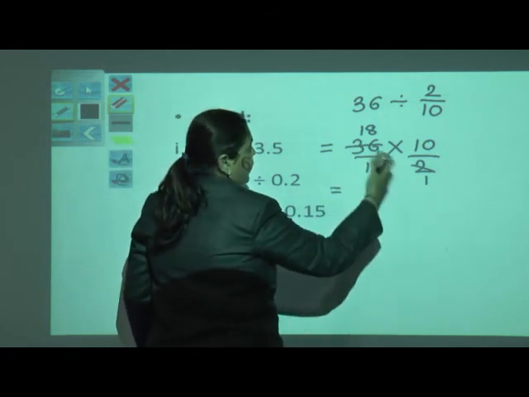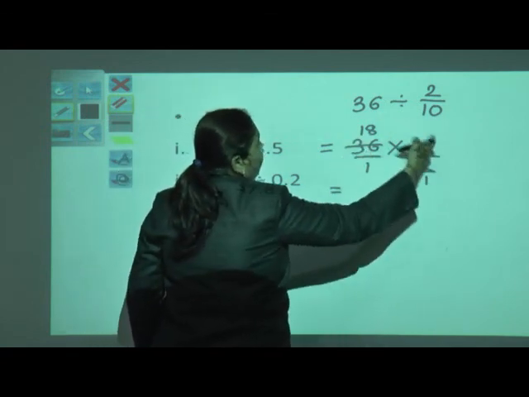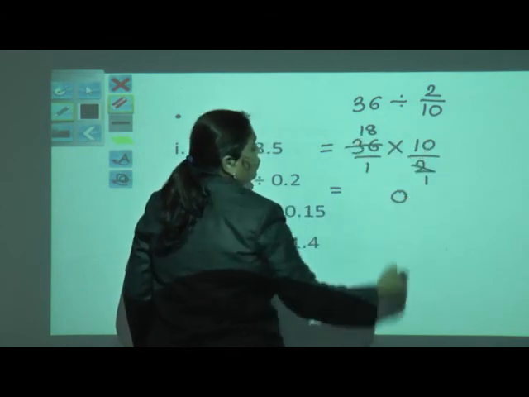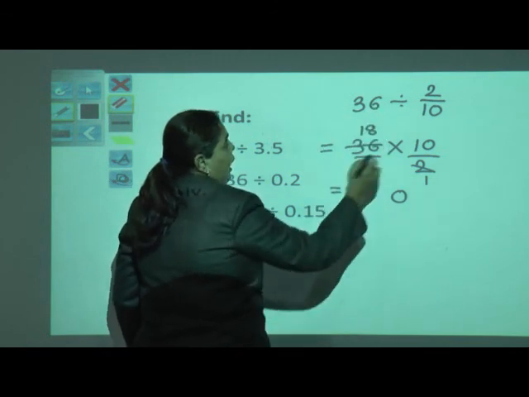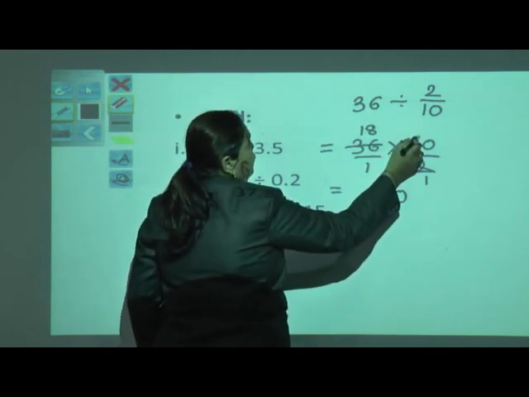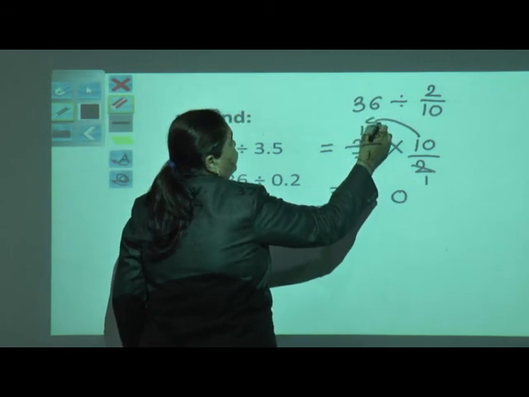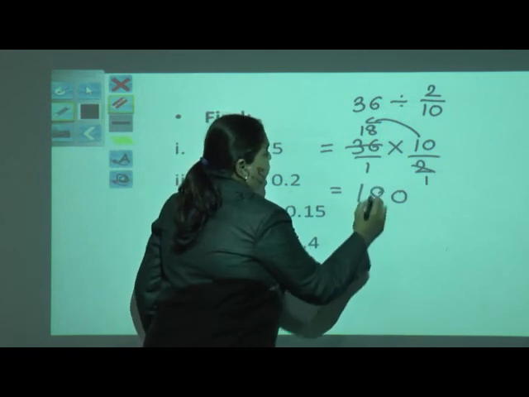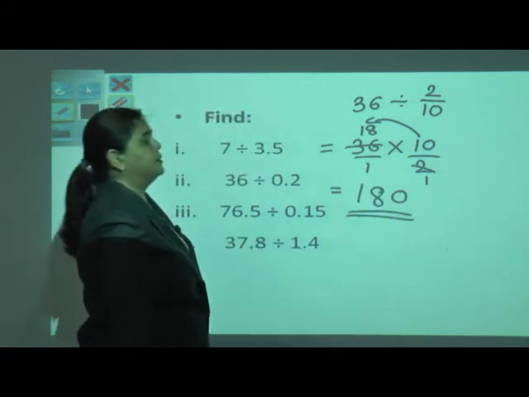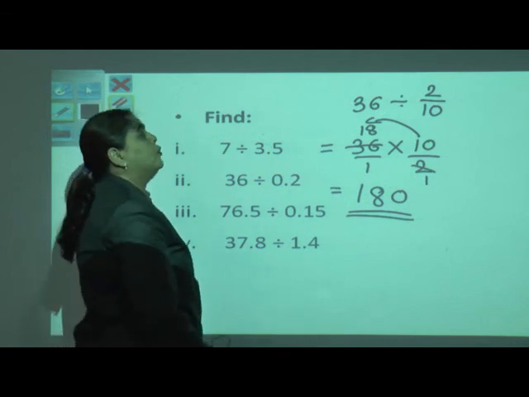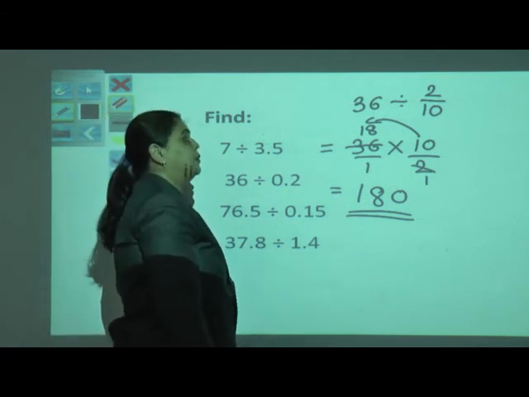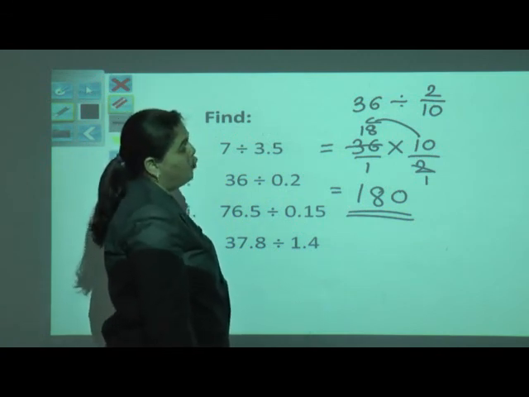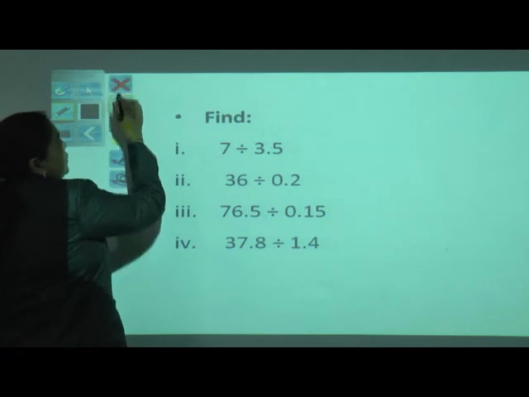Again I will recall that when you are multiplying any number with a number of zeros, you have to count the zeros. We have only 1 zero. I will write 1 zero to my right hand side, and the number left over here is 1, so 1 will be multiplied to the given number, that is 18 ones are 18. So I will write here, this is my answer. When you are dividing a whole number by a decimal, you may get the answer in a decimal or you may get the answer in the form of a whole number. So this is my second example.